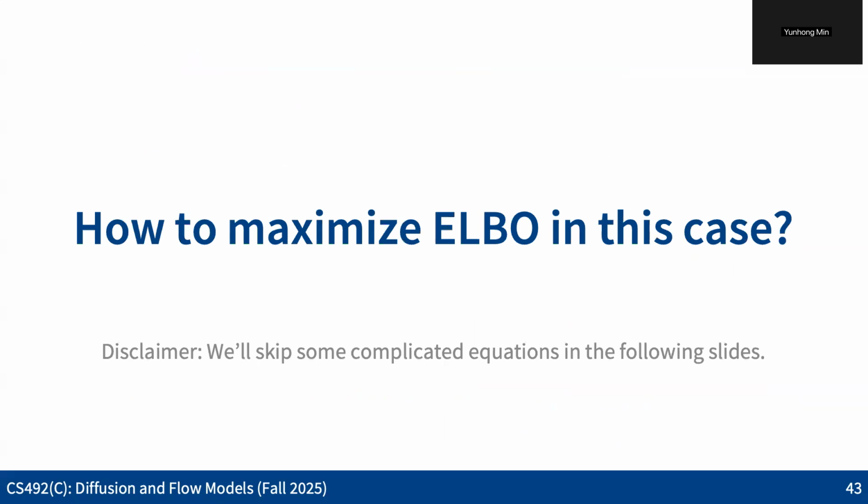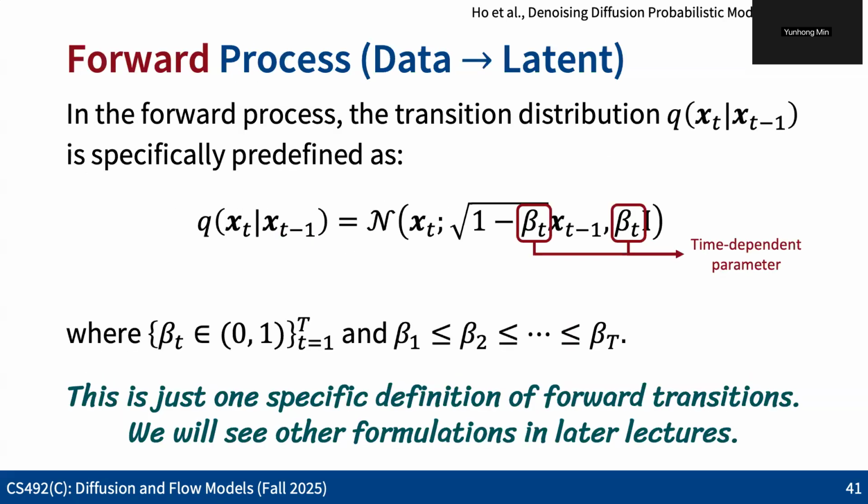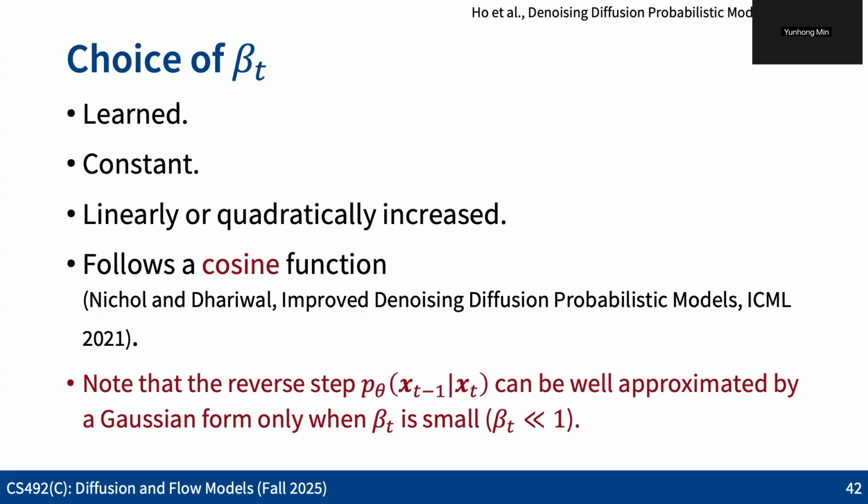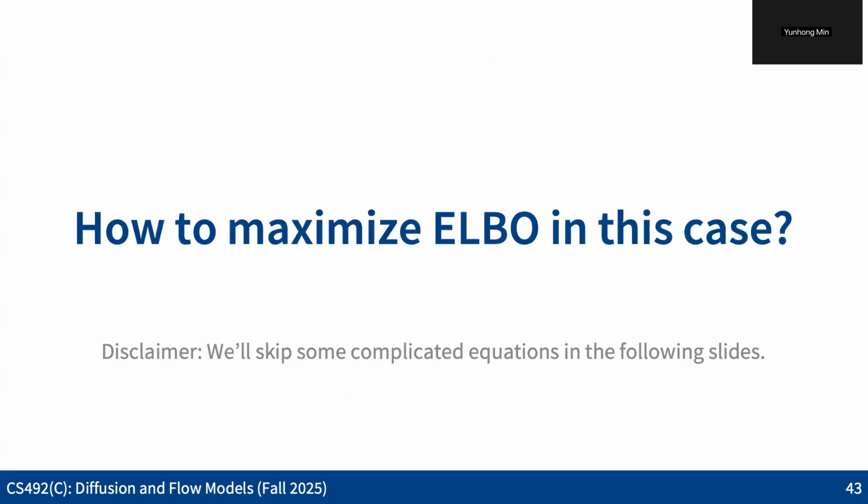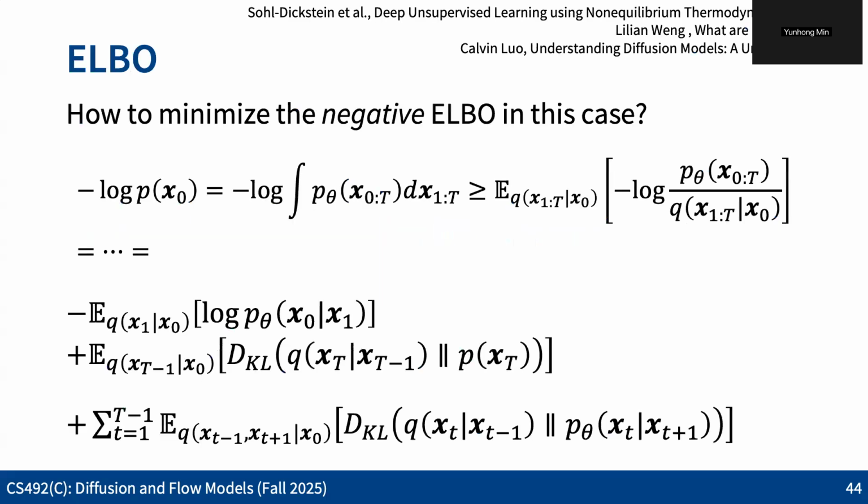So here basically the idea is that we are predefining the forward transition distribution in a way to make the variational posterior something that maximizes the ELBO function. So let's actually see whether this exactly maximizes the ELBO function. If we get back to the ELBO function,